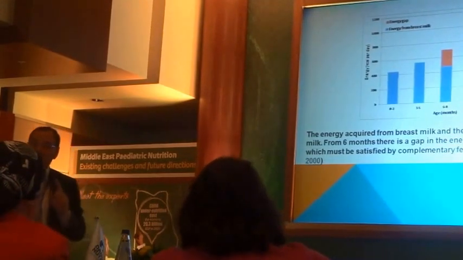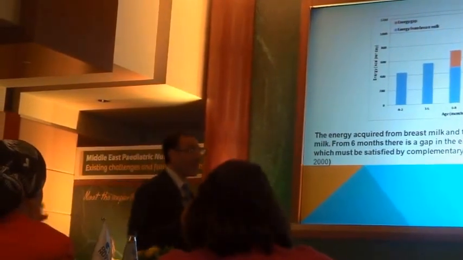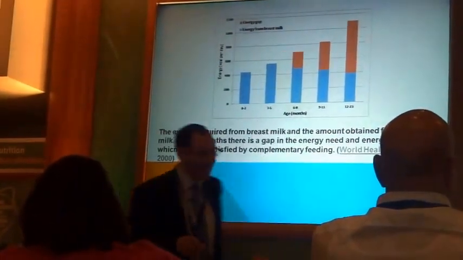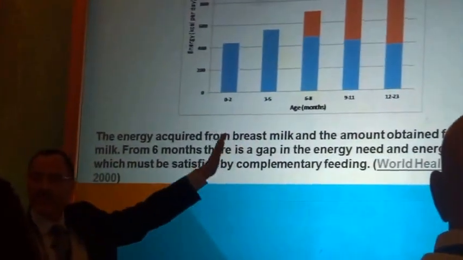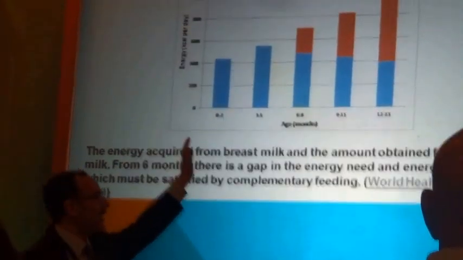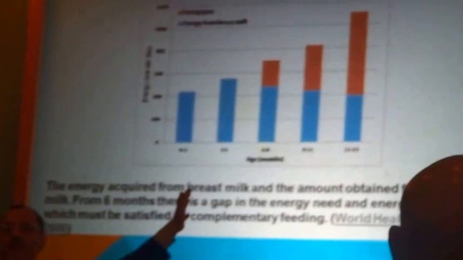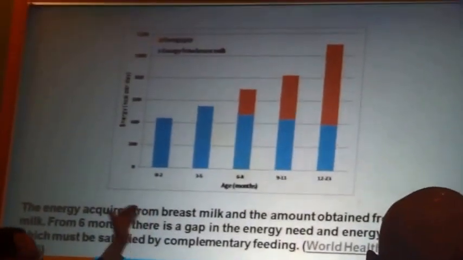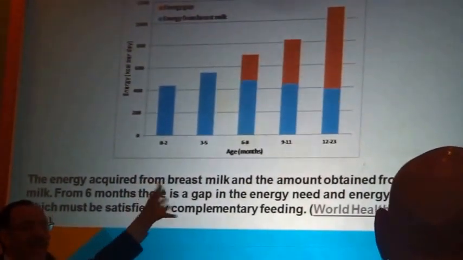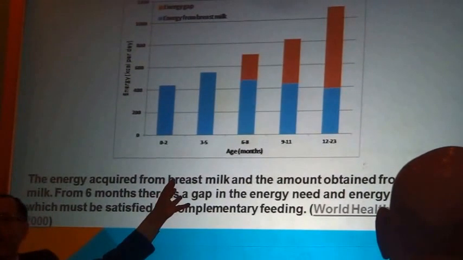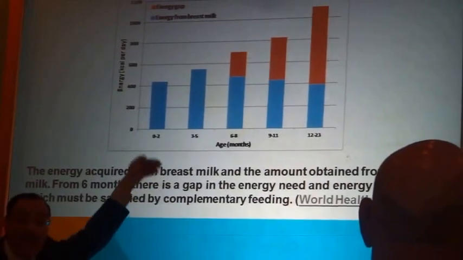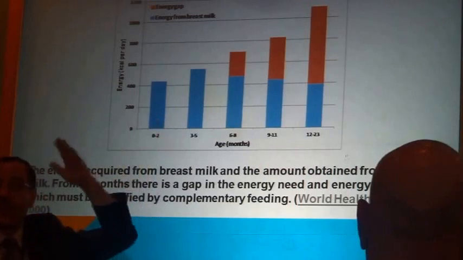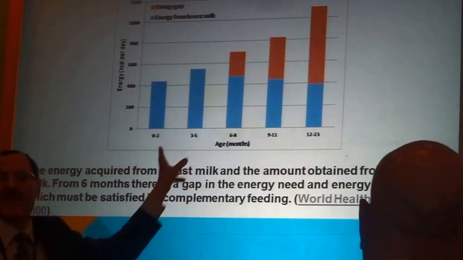However, after a period, a phenomenon called the energy gap will appear. If you look at this diagram, you'll see the energy supplied by the breast milk in blue, and the gap will appear in brown. So, the energy gap is covered till the age of 3 to 5 months by breast milk. But requirements increase and the breast milk does not increase simultaneously, in an equal amount. So a gap will appear.